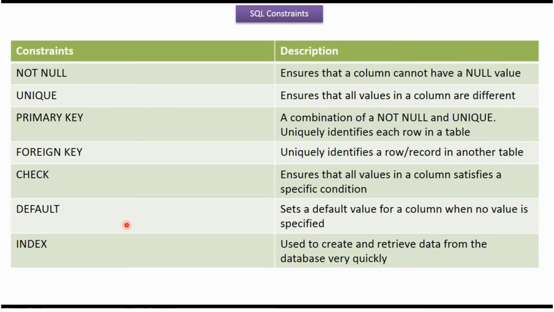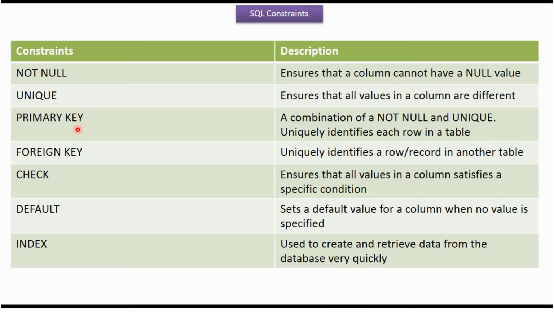Here you can see different constraints and their descriptions. The first one is the not null constraint, which ensures the column cannot have a null value. The second one is the unique constraint, which ensures all values in the column are different. The third one is primary key, a combination of not null and unique constraint, which uniquely identifies each row